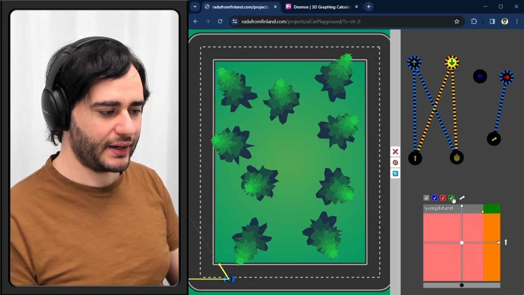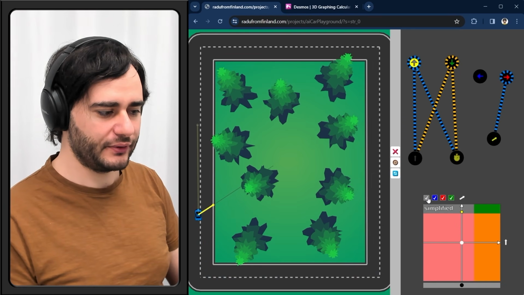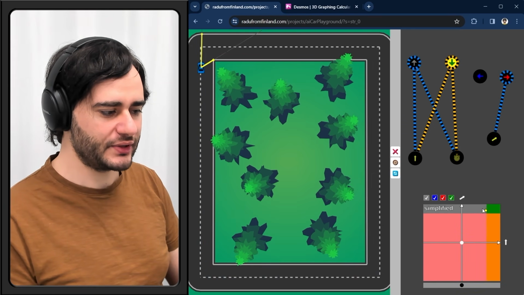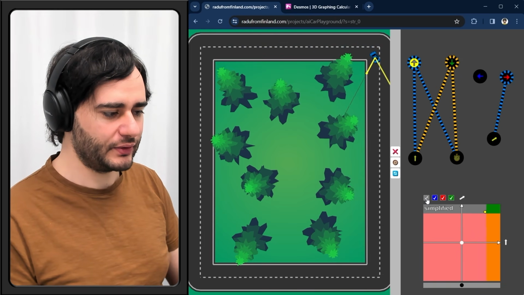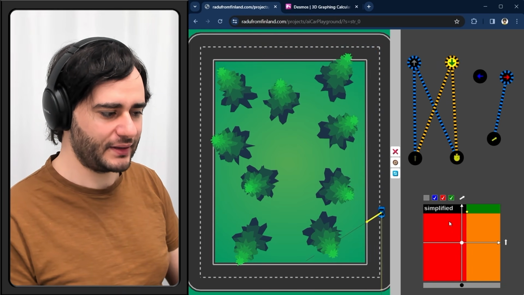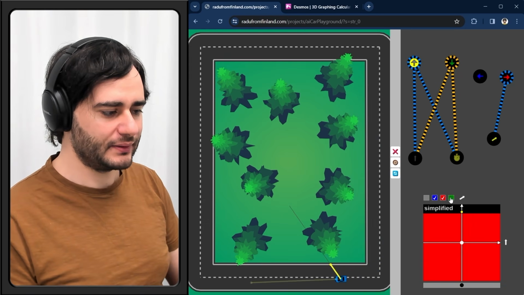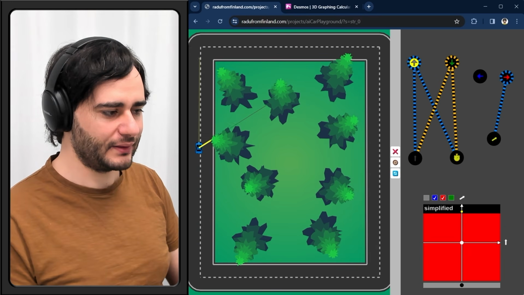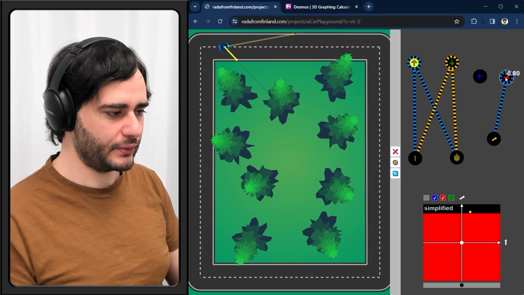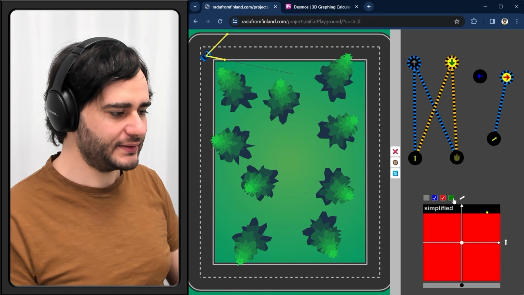But from here you can actually remove some of these elements if you find them confusing. Like if you just want to see the red area here, you can turn off the gray and you can see it now well, and the green, and you can focus on what happens with the point and in relation to this control here. But let's turn them back on